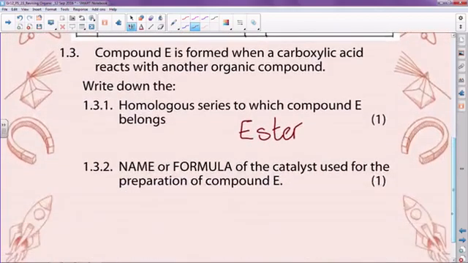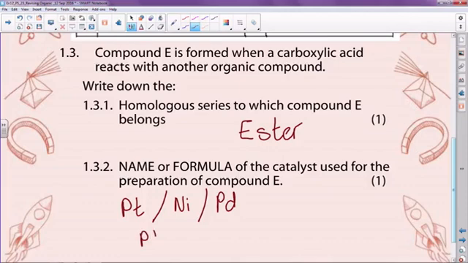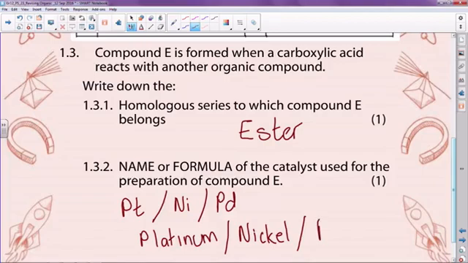Name or formula of the catalyst. Now here you've got a lot of choices. You can tell me that it's either platinum or nickel or palladium. Learn the one that you can remember how to spell. So platinum is Pt, nickel is Ni, and palladium, which I don't ever spell very often, is somewhere. Oh, no. Oh, I'm talking